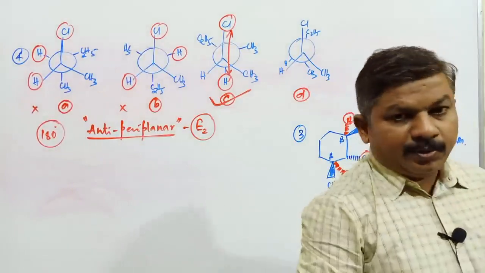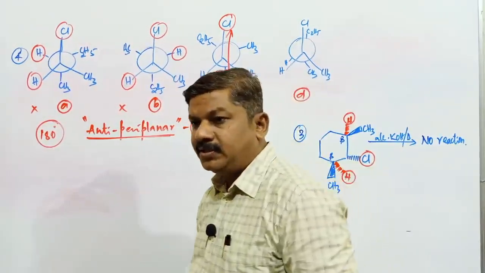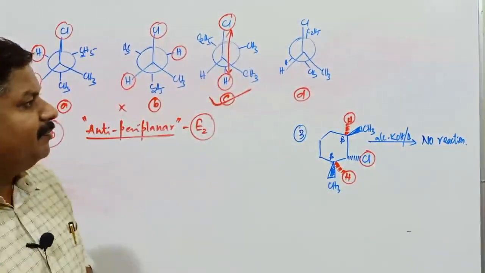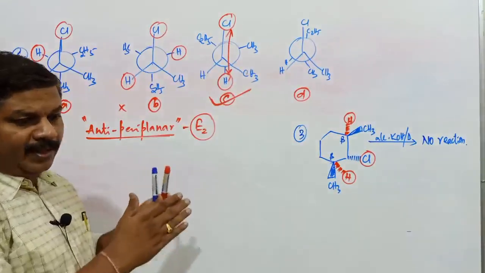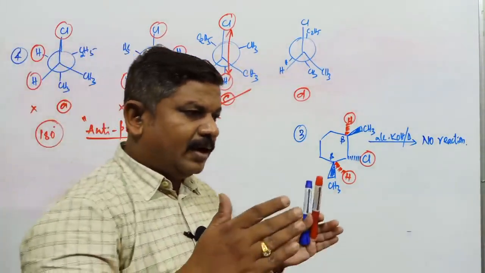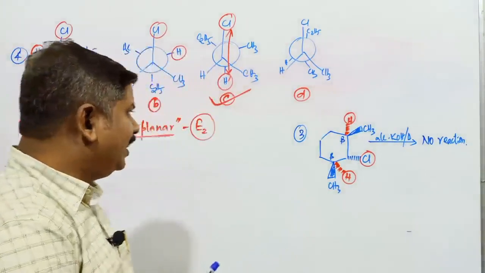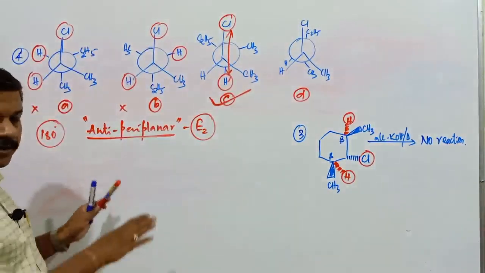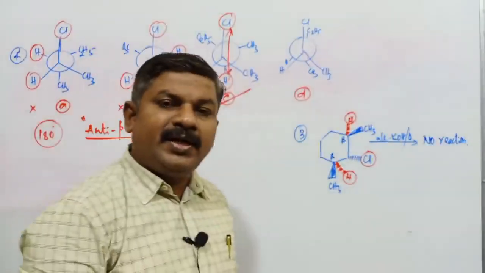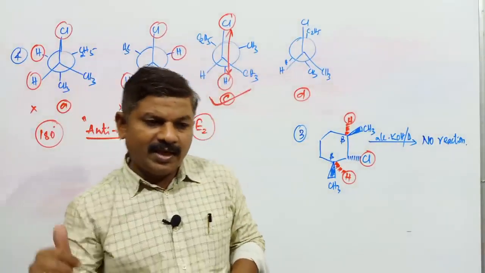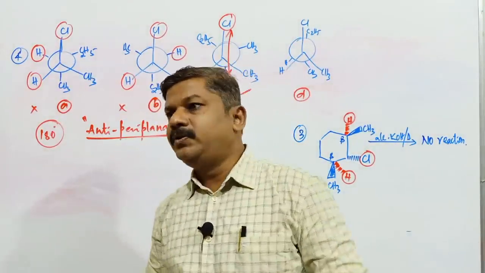Students, this is about the elimination reactions in the case of various types of molecules. I have not discussed them only by considering the alkyl halides. With respect to alkyl halides, elimination means dehydrohalogenation. In NCERT it is mentioned only as the dehydrohalogenation reaction. I have already explained the dehydrohalogenation reaction.